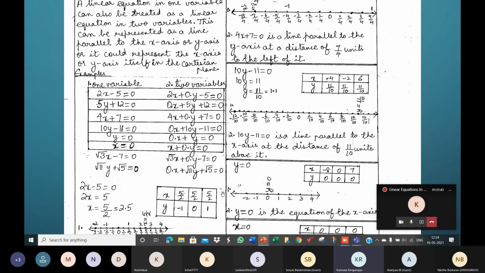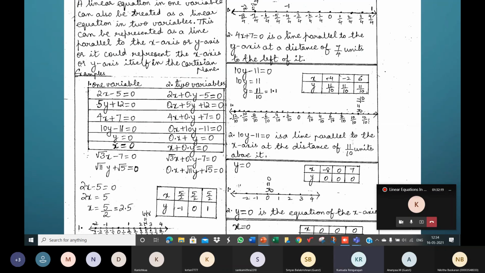So we prepared this table and we understood that we need a minimum of 3 pairs to plot. We plotted (5 by 2, -1), (5 by 2, 0), and (5 by 2, 1). So we got 3 points on the graph paper, and these 3 points are collinear. You were able to connect them by the same straight line. Now our conclusions about the new line which we've got: that line is given by the equation 2x plus 0y minus 5 is equal to 0.